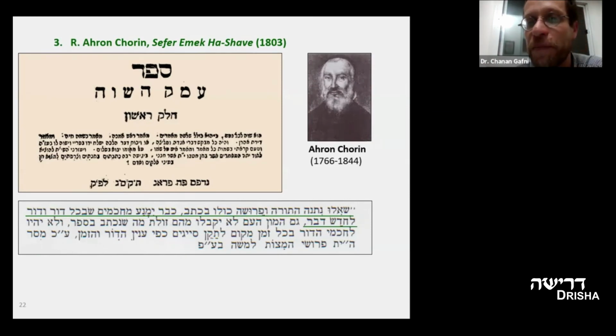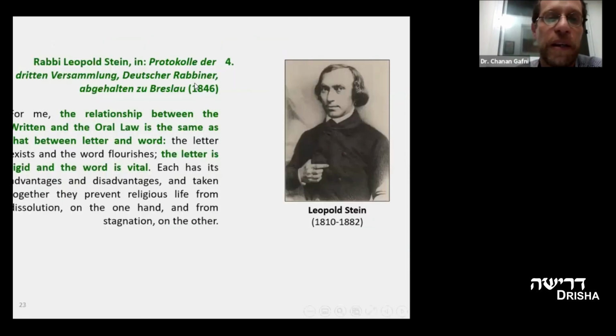Later on, in the 1840s, 1844, 45, and 46, there were 3 rabbinical assemblies in which Reform rabbis gathered and tried to articulate what's their agenda or what's their view about the future of Jewish law. Rabbi Leopold Stein, who was a rabbi in Frankfurt, says the following words: "For me, the relationship between the written